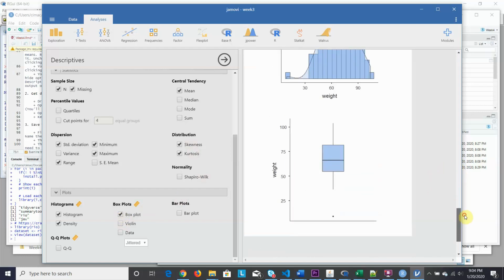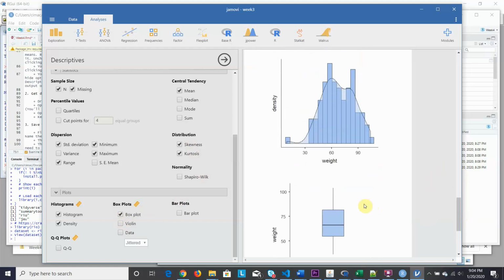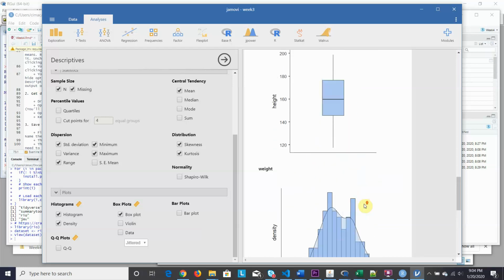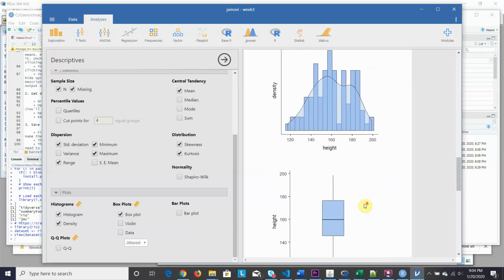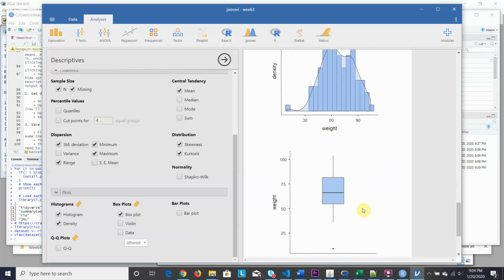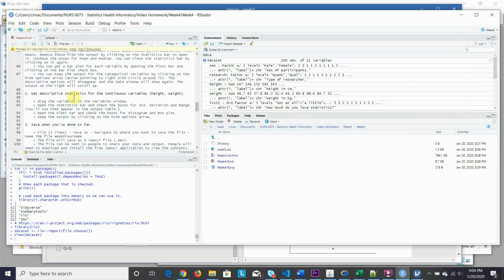And it has them grouped. We do have, looks like we got one outlier there on that box plot. So you can play around with these a little bit, but that's pretty easy to see. Okay,